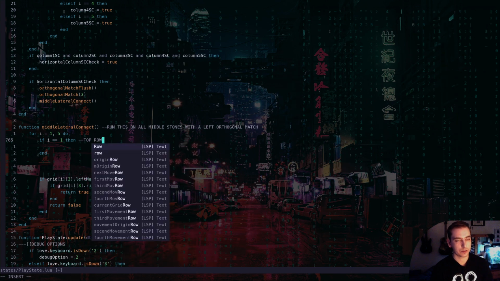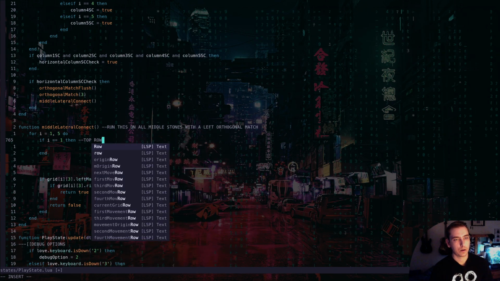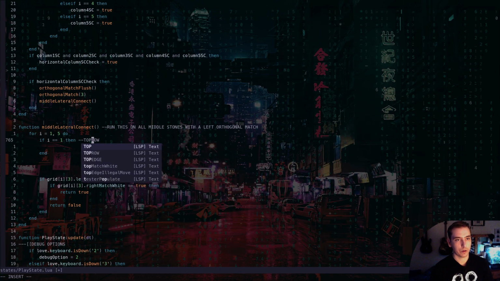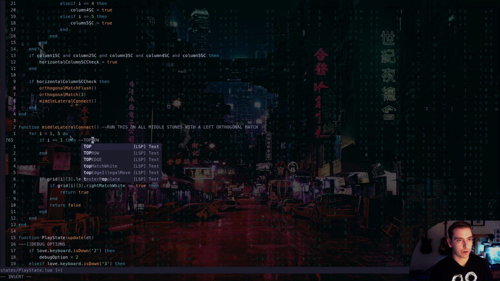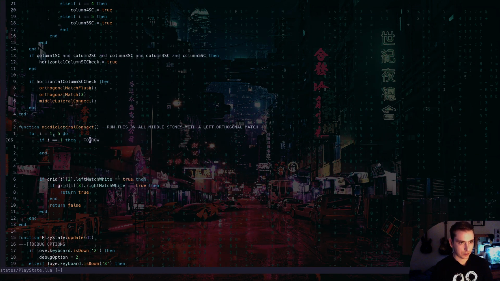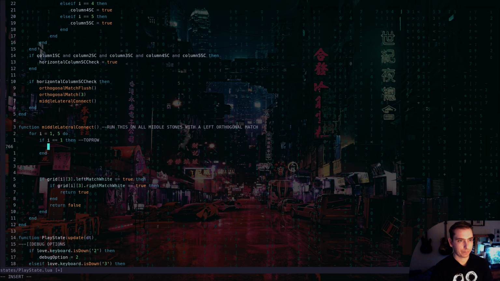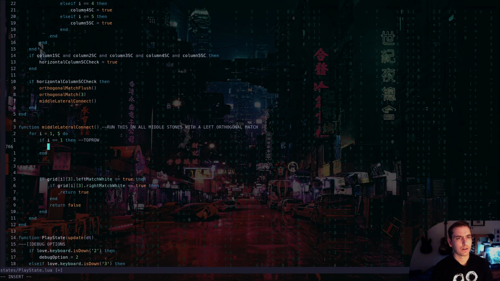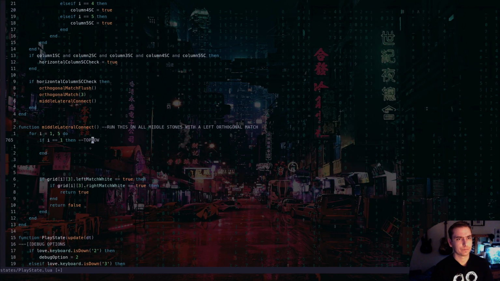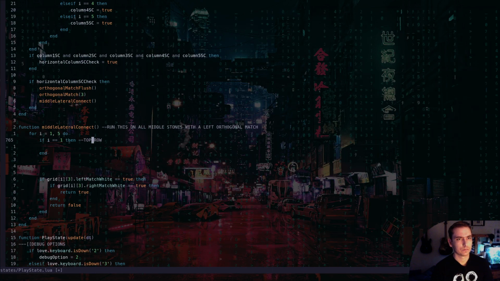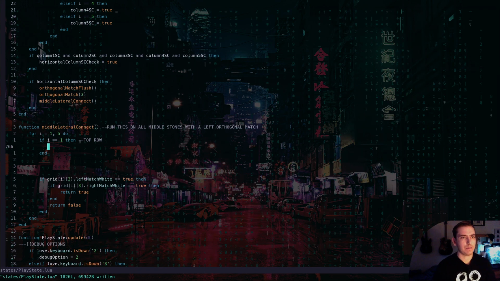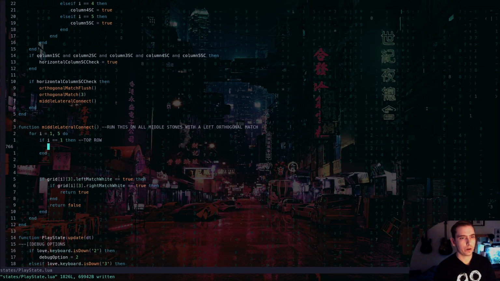What do we want to call this? Top row. Just leave it at top row logic for our middle lateral connect, because what this means is if our I is 1, then we're going to be saying